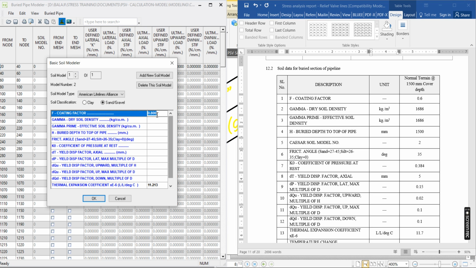And F coating factor is 0.6. And GOMO dry soil density, that is 1686. Then GOMO effective soil density is 1686. And then buried depth is 1500. Friction angle